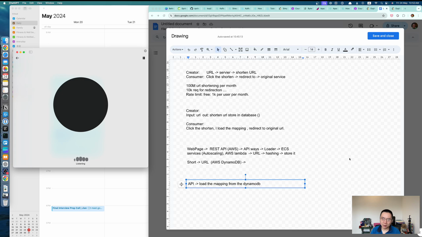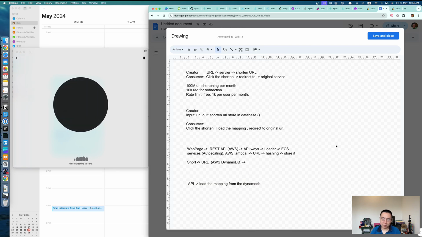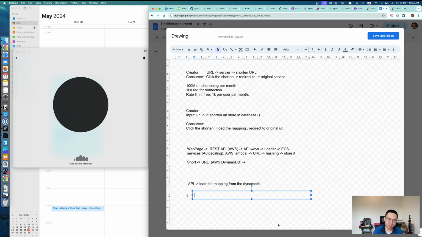Yeah, first thing, after we shorten the URL, I'm thinking about the latency, because users can access this service from everywhere and shorten URLs everywhere, and latency would be a problem. For example, if the server is hosted in the US and is accessed from somewhere like China or elsewhere, they have increased latency. So for this service, the shortened URL is pretty much immutable until it's expired, and it's kind of a static